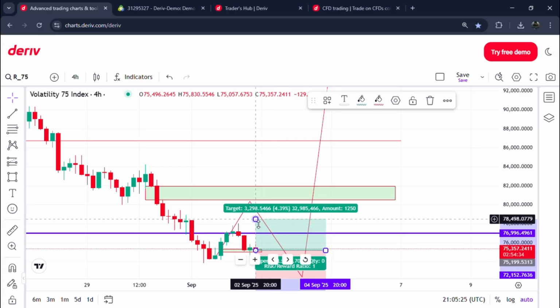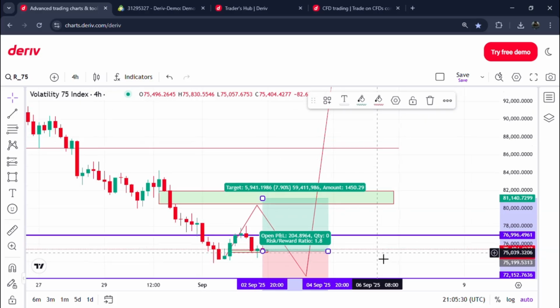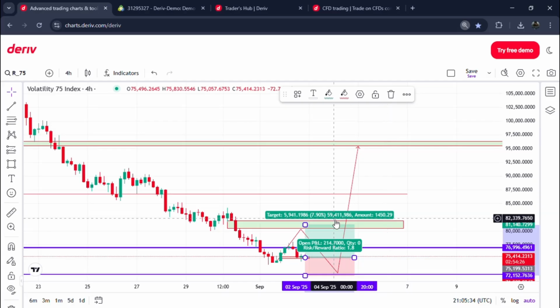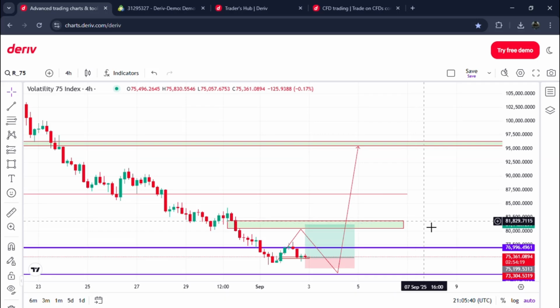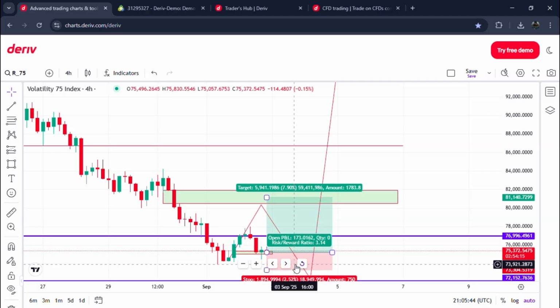I'll show you how to get a TP, but that was not what you're supposed to do today. I always tell individuals, take your stop loss below that peak, and then at that point, if you were to take this trade, you'll calculate your TP